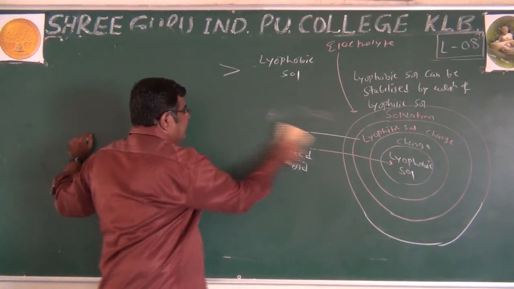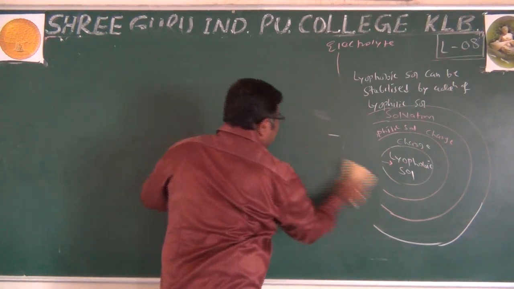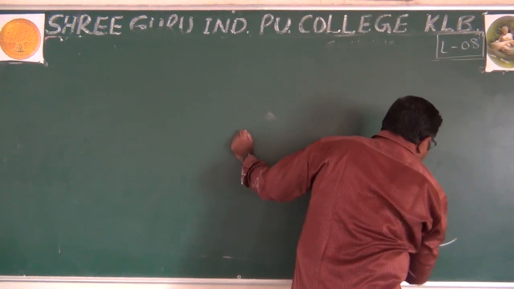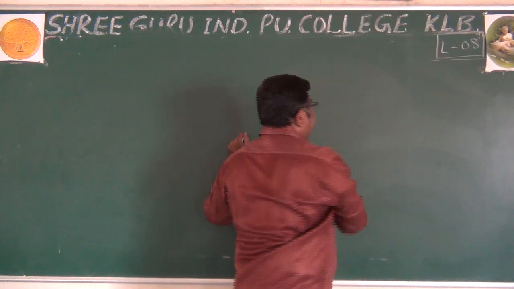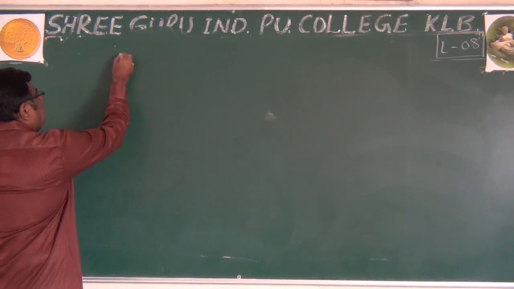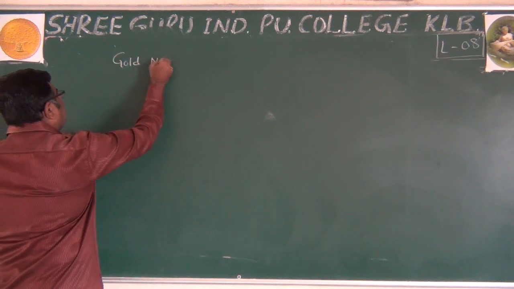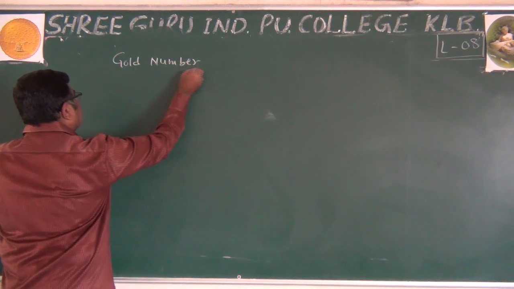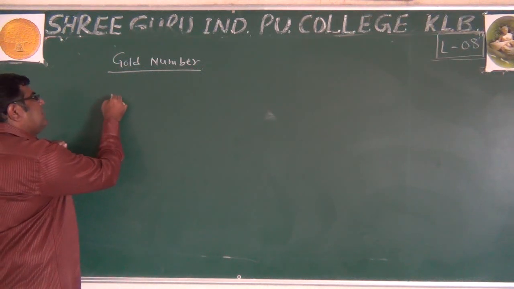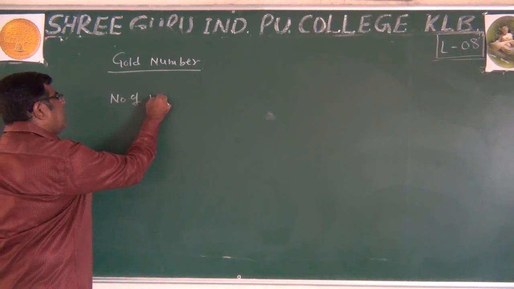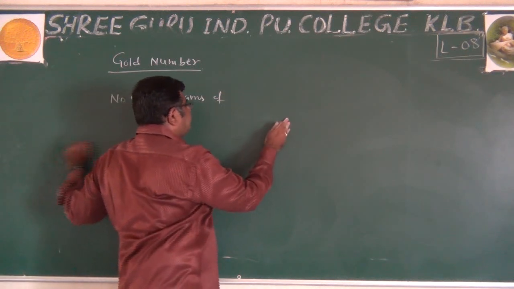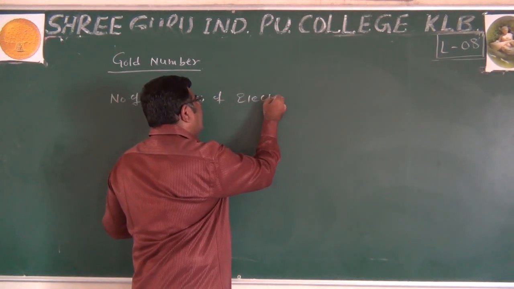One paragraph is mentioned. I explained it. It is not difficult to understand, but this protective ability can be measured by one concept called gold number. What is the gold number? It is the number of milligrams of electrolyte